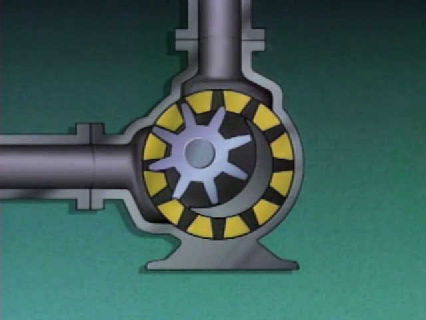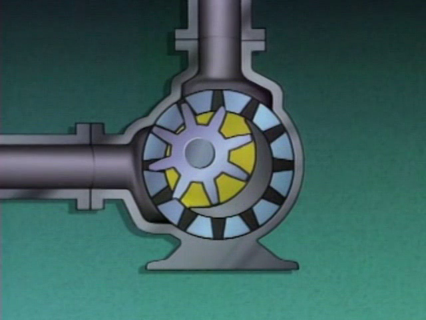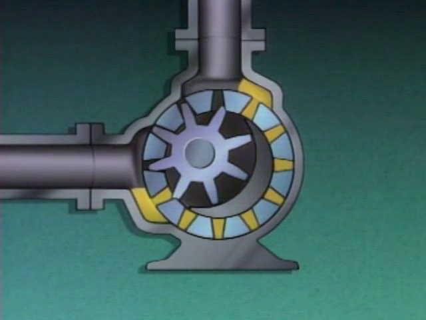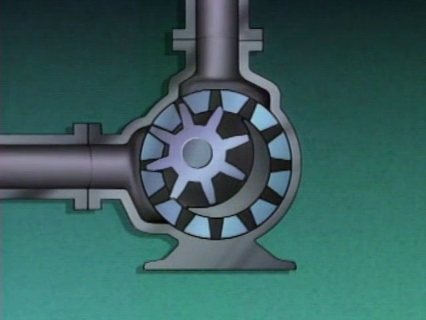When this pump operates, there are two separate liquid flow paths inside the pump. One flow path is in the spaces between the inside gear and the crescent-shaped spacer. The second flow path is in the spaces between the outside gear, the spacer, and the casing. During operation,